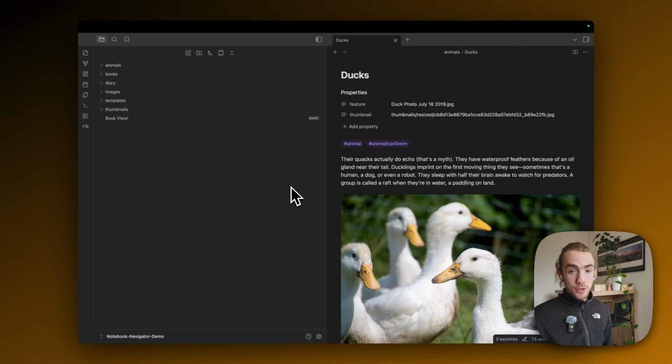Alright, for showcasing the plugin, I've actually prepared a sample vault. As we can see, our file navigation menu is actually very boring. There aren't any file previews, we can't pin things, there aren't recent files or anything, but all of this is